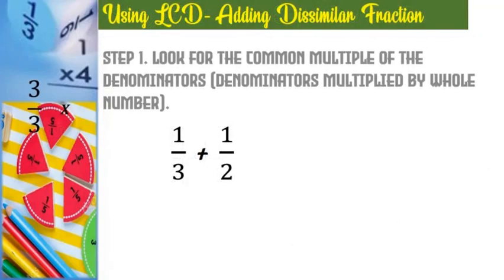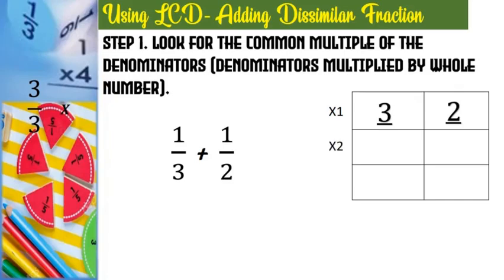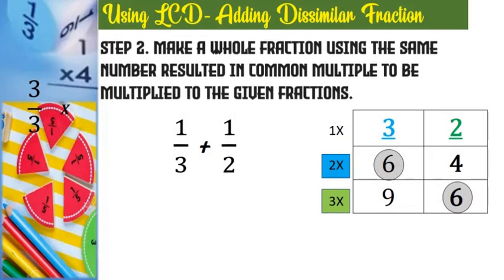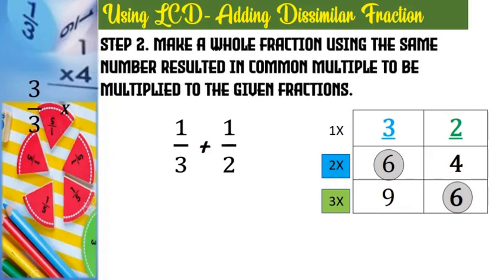Using LCD, adding dissimilar fractions. In this example, 1/3 and 1/2, look for the common multiple of the denominators. 3 and 2 multiplied by 1, 3 and 2 multiplied by 2, 6 and 4 multiplied by 3, 9 and 6. So the common multiple is 6. Step 2, make a whole fraction using the same number that resulted in the common multiple, to be multiplied to the given fractions. Since the common multiple 6 is found when 3 is multiplied by 2, we make a whole fraction from 2, therefore 2/2. And the common multiple 6 is found when 2 is multiplied by 3, so we make a whole fraction of